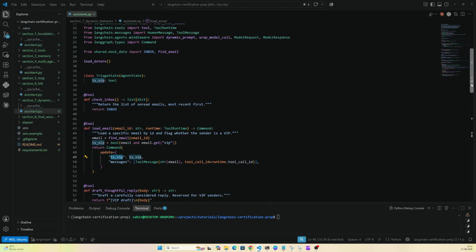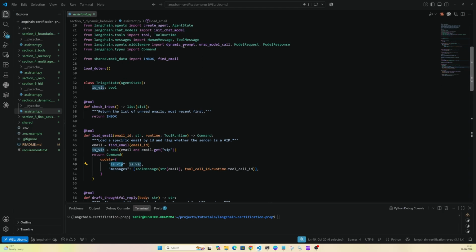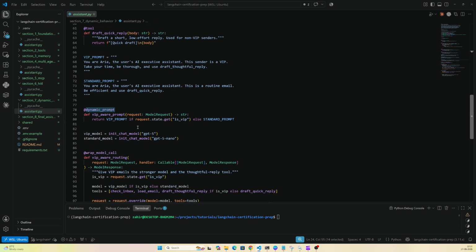The other concept that I wanted to quickly look at is dynamic prompt, and I will show you where it is being used. As you can see, dynamic prompt is a decorator that is used to dynamically generate system prompts for the model. This is nothing but a convenience decorator that creates middleware using